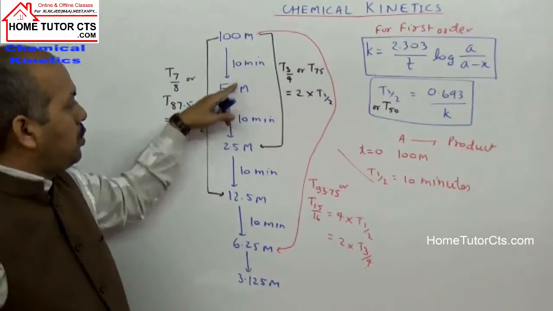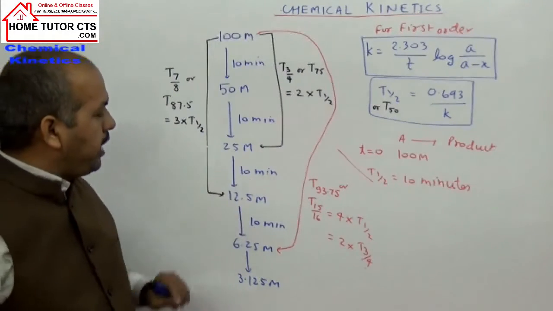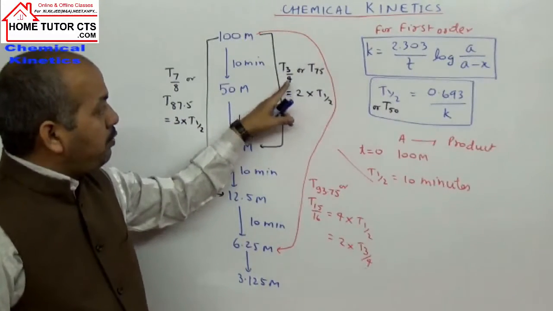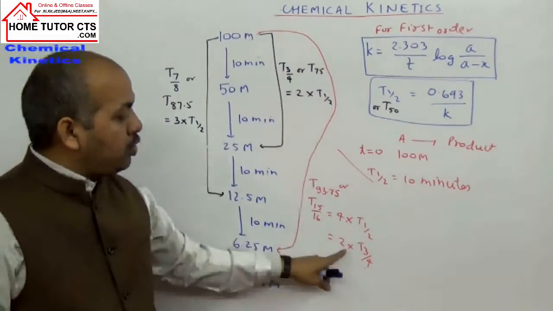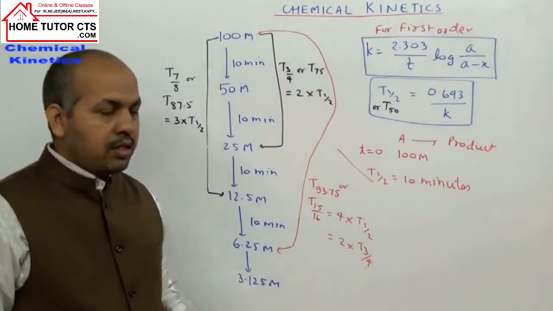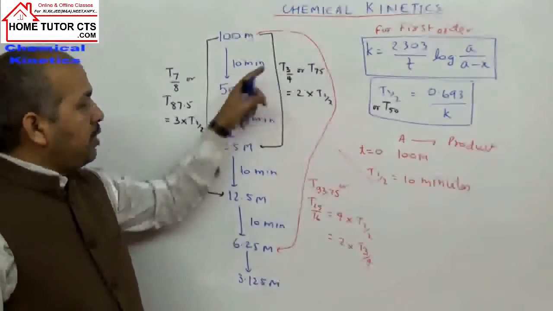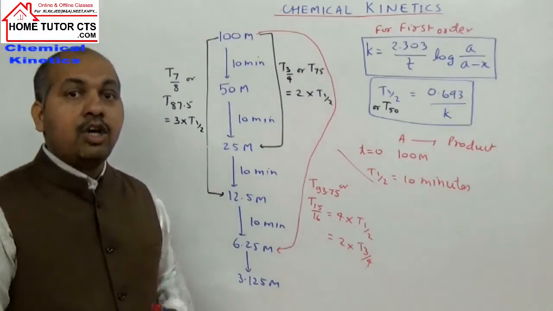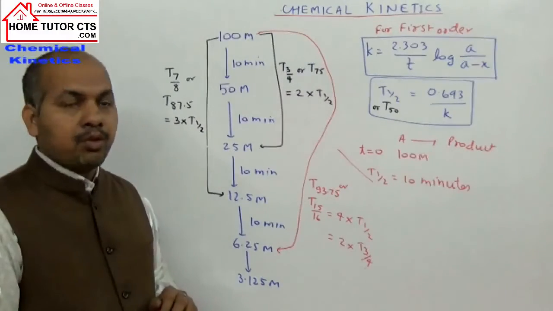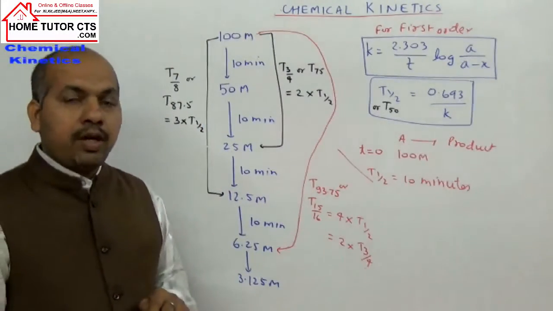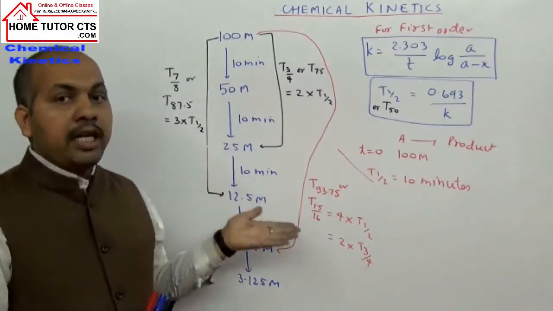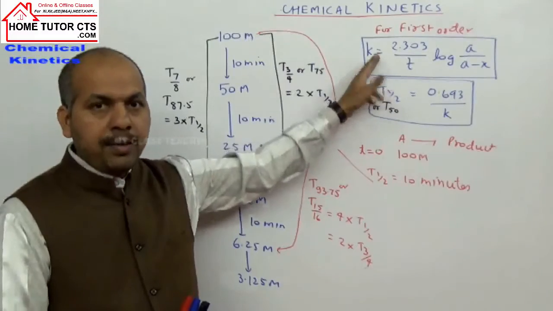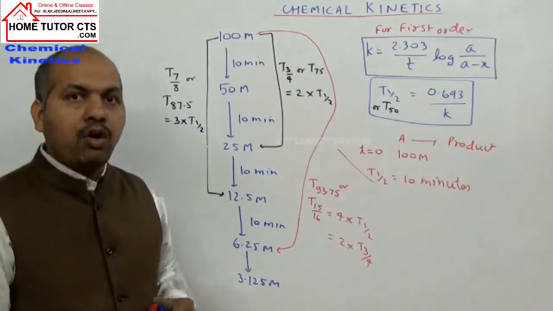Now see how much it is: 1, 2, 3, 4 t half. 4 t half also indicates what? Here, 1 t half. What is t 3/4? 2 t half. So 4 t half can also indicate 2 times t 3/4 or t 75. So in the questions they can use this to find the ratio of time required for this much completion of the reaction to t half or other times. It is very simple. If we are given the total time in whole number multiples of the t half, then without solving this kind of equation we can find the time or the fraction remaining or decomposed.